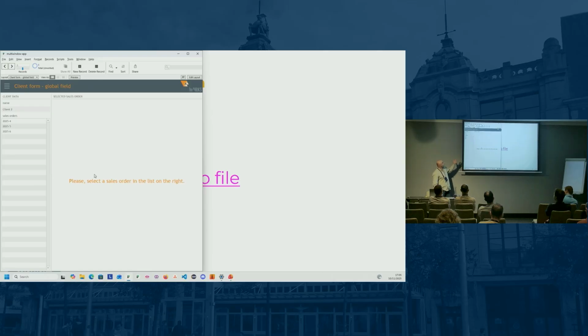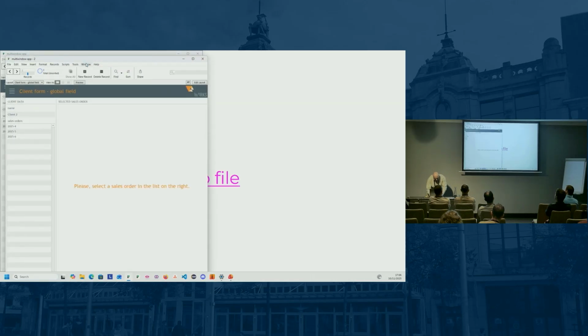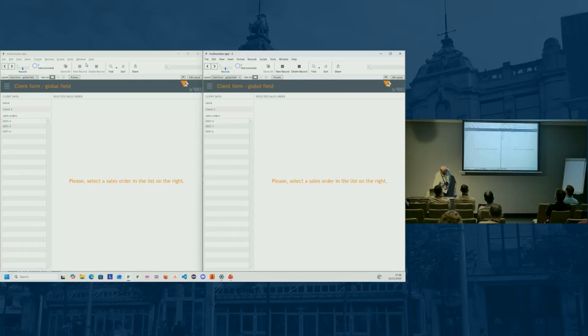And if I click on one of these sales orders, I want to see the details. So let's do that. All right. So you see, it's an order with description client 2, sales order 2. Let's open a new window. Voila. Let's bring it in here. So far, so good. Let's navigate to client 3, right? And if I select one of these orders here,